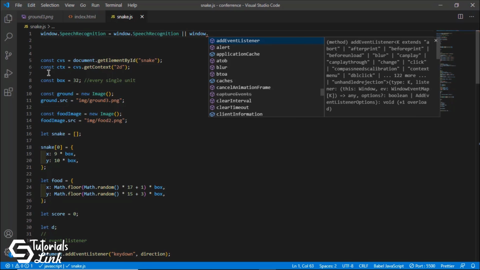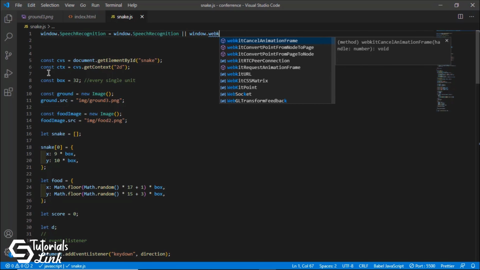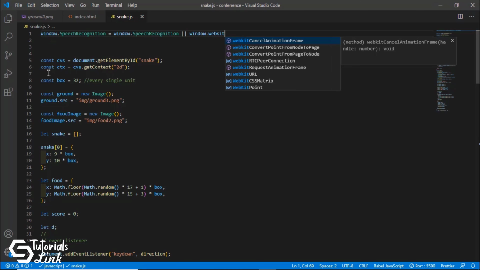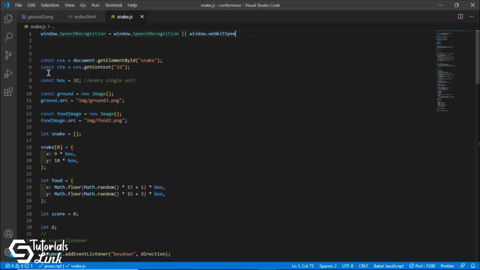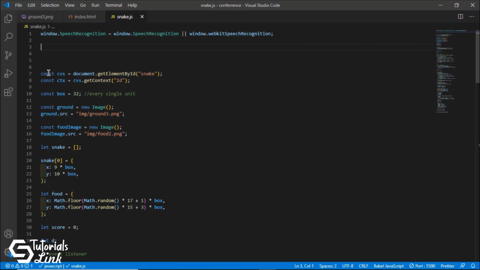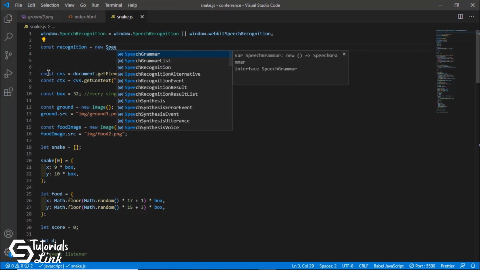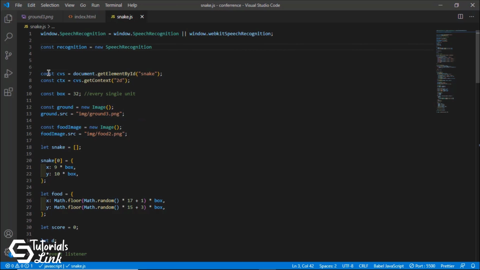So we'll use window dot, this you can find on Google, that it is used WebKit speech recognition, right? So after doing this, we just have to get this whole thing inside a constant, which I will name as recognition, which will have basically the new speech recognition. So it will call upon the constructor.